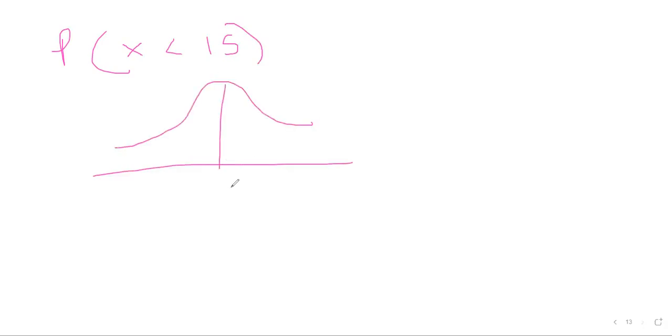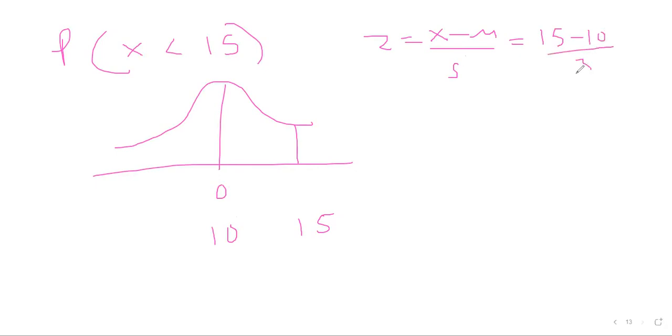Suppose you're being asked to find the value of Z less than 15. Here you need to calculate. So we illustrate our 10 here in the middle, because that's the mean we're using throughout. Our 15, we need to standardize it. We know that x minus the mean over the standard deviation will be the value of our z. So 15 minus 10 is 5. 5 divided by 3, you're going to get